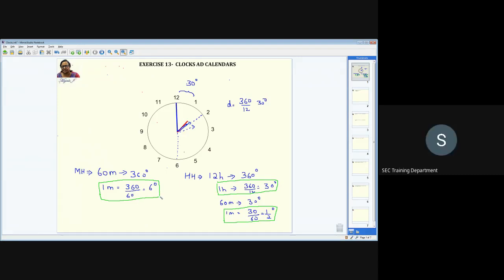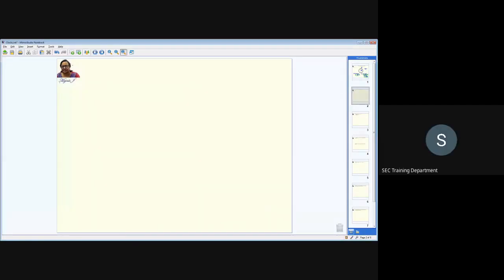Yeah. So is this clear? Now we are going to proceed based on this. I'll move to the next one. So you have seen the three formulas. The minute hand, for every 1 minute, is going to move 6 degrees. The hour hand, for every 1 hour, is going to move 30 degrees, and for every 1 minute, it is going to move half a degree. So these are the three things which are required. Okay. And now we have to go for the formula.